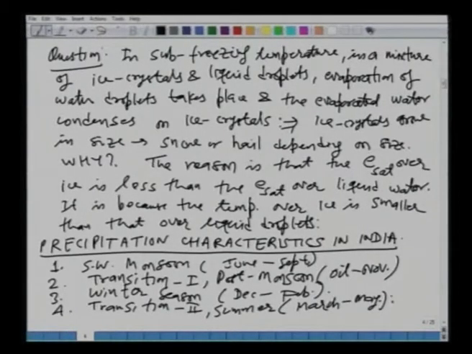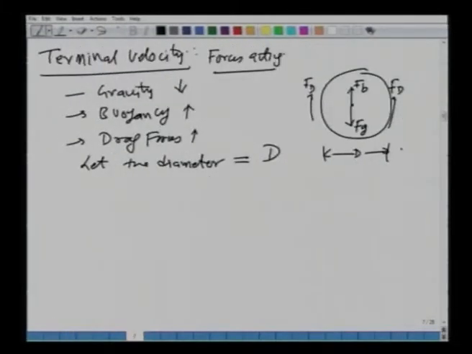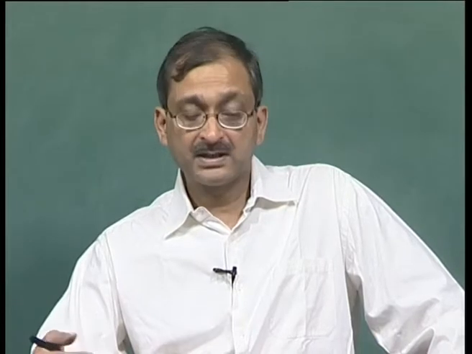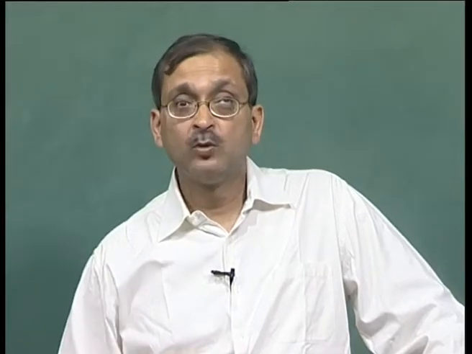So, you see that the whole year is divided into these 4 different seasons as far as studying the precipitation characteristics in India is concerned. Now, these seasons probably will not match with the seasons as you know them, but these are as far as hydrology is concerned. All right. So, what we will do next is we would look at the southwest monsoon in India. Okay. So, let us move on to that.